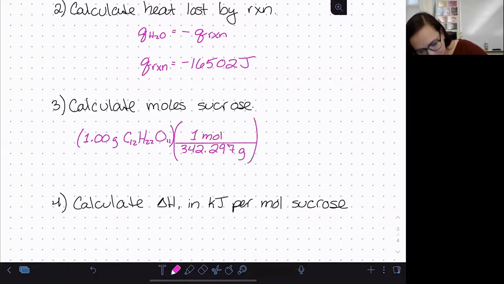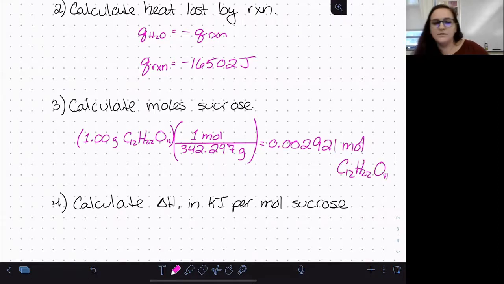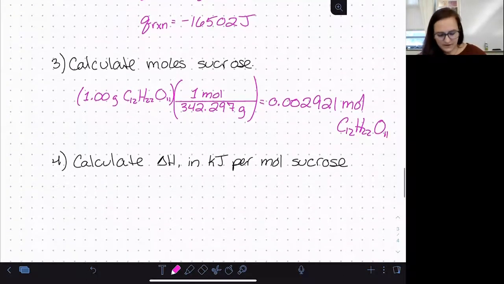So 1 gram is equal to 0.002921 moles of sucrose. And then our last step, calculating delta H